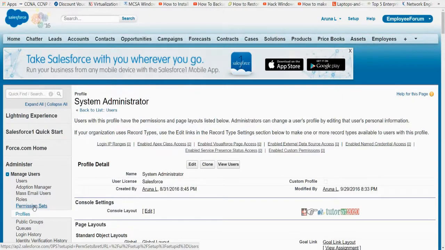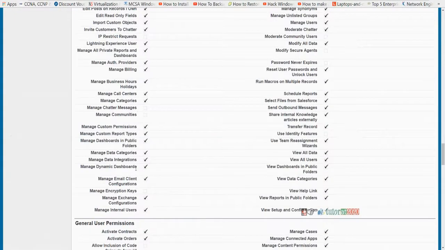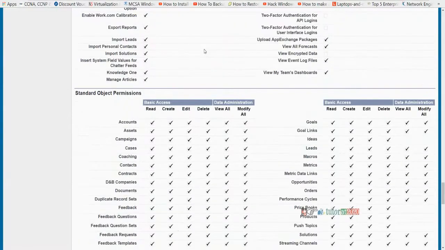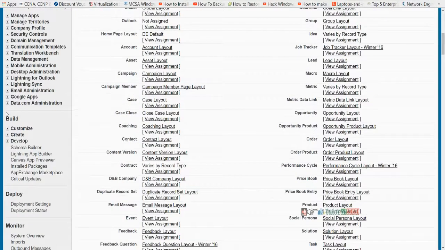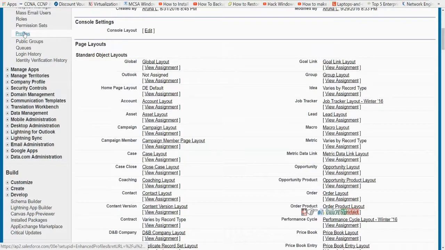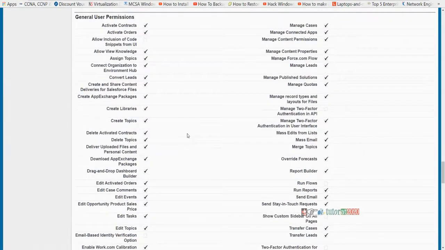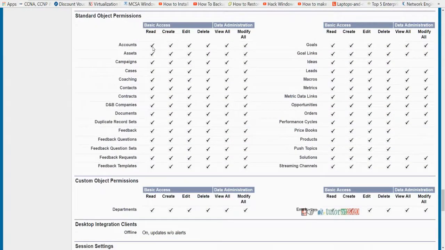Okay, and there is one more important question: a permission set is always used to extend the access. Okay, it cannot actually revoke the access. Say, for example, if you have the permission on the profile as account create, edit, delete, everything. Okay, and now you create an additional permission set saying on account you just give create and read. And you assign that profile plus permission set to one user, so that user will still have profile level access in this case,